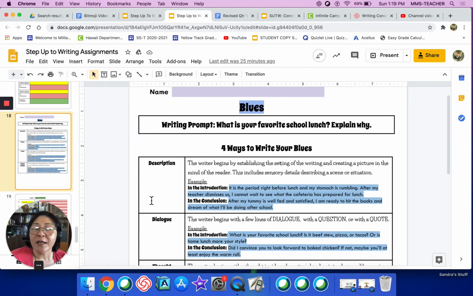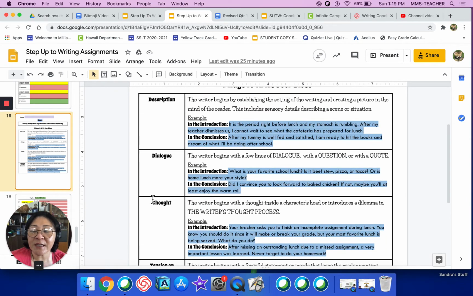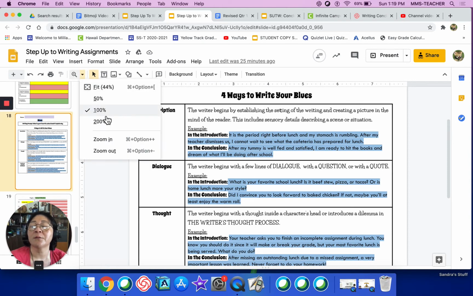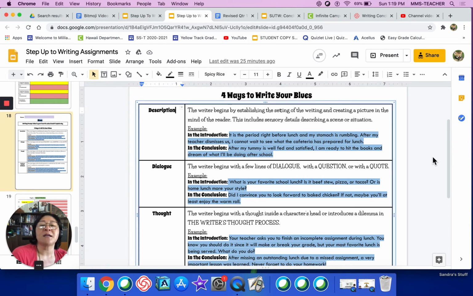And so on this chart, you'll see the 4 things that were in here, but now there'll be examples for the baked chicken one, okay? So, description. The writer begins by establishing the setting of the writing and creating a picture in the mind of the reader. This includes sensory details describing a scene or situation. For example,